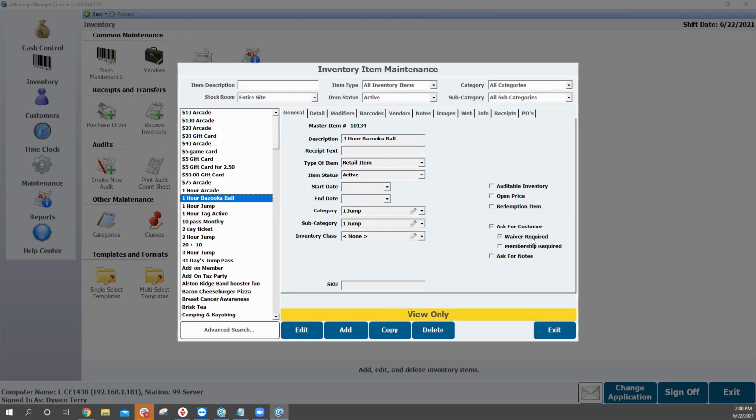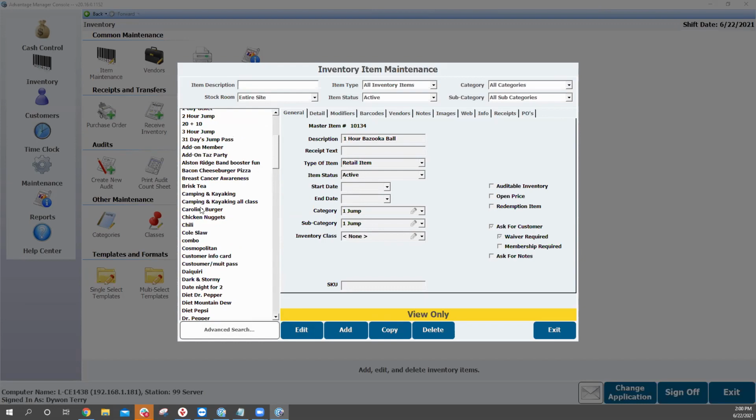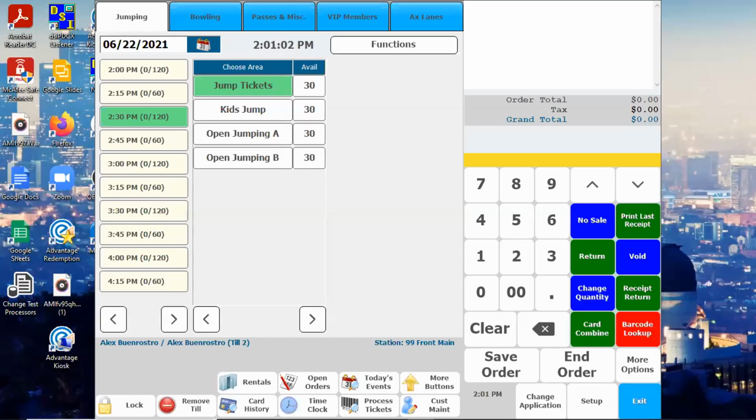So now the software, and this is what Alex is getting ready to show you, is going to prompt you for that waiver and look for that customer information. It doesn't matter what you want to pull that customer information off of. This is also another quick way to get customer data. Awesome. Yeah, so depending on your location and how you're planning to utilize waivers, I happen to have mine